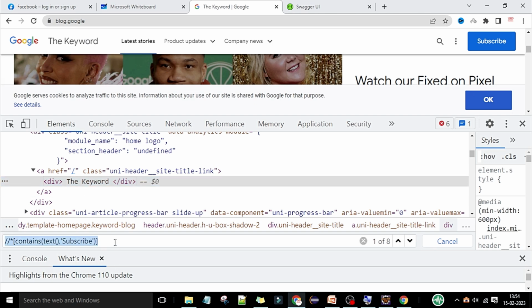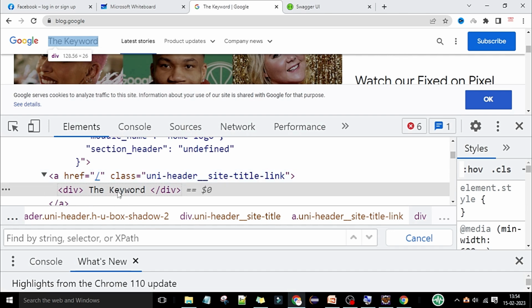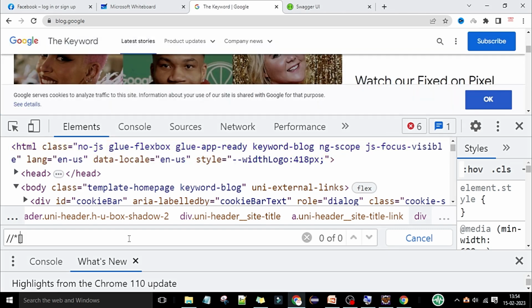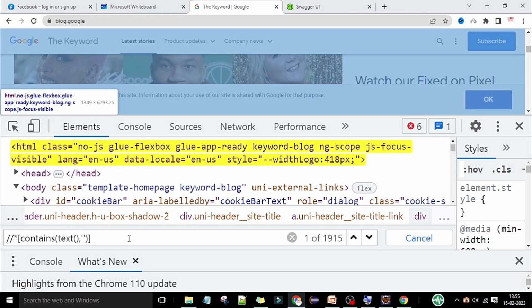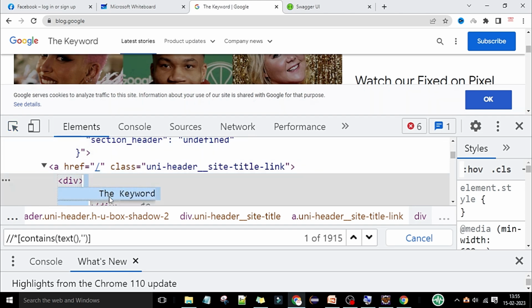So how can we use that? Let's design the XPath again. Okay, so now how can we do that? For this one, the keyword, first double slash, put star and bracket. In the bracket you can type contains, and you have the function. In that we have the text because we are dealing with the text, and then comma, then double quotes. In the double quotes you need to pass this string. So if you pass exactly this one,